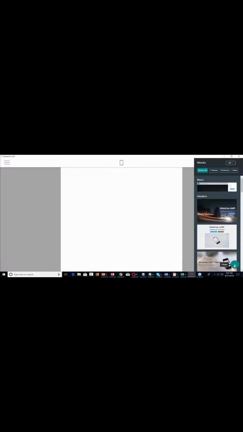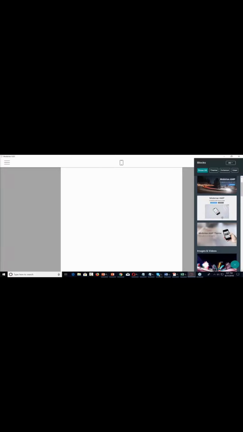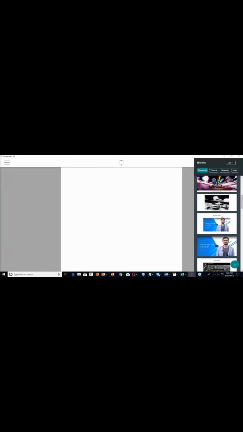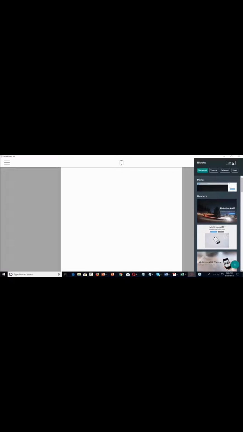And what you're going to notice is that we're going to see a different view of some of the templates, right? So basically, if I scroll down here, I'm going to see a different layout, right? And basically what I have here is the ability that if I had to build a very quick site for someone, I could do that with Mobirise AMP. So for example, one of the things that I'm going to do